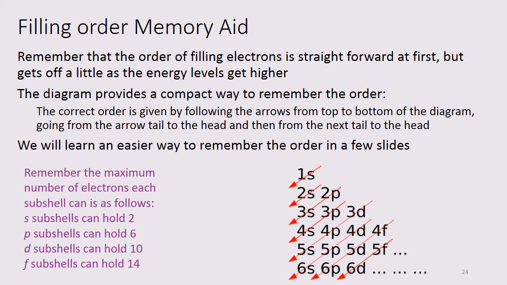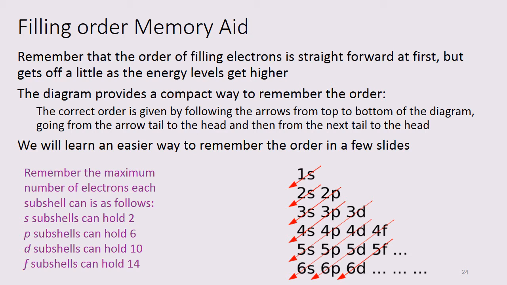Now, one way that you can remember the order is just to write it all down and put it on your index card, or memorize it, or you can use this little mnemonic device here. You can see on the lower right hand corner, if you line up the S's in the first column and then the P's in the second column, and then you draw diagonal arrows, you can follow the order. So 1s, and then 2s, and then 2p, 3s, and then 3p, 4s, and then 3d, 4p, 5s, 4d, 5p,